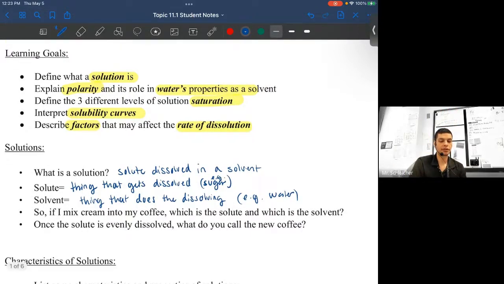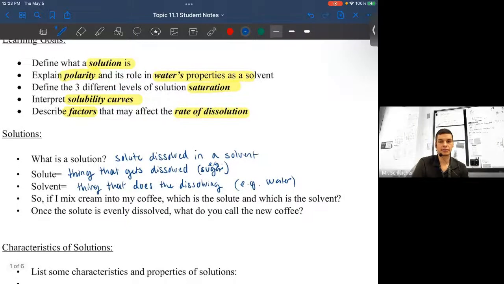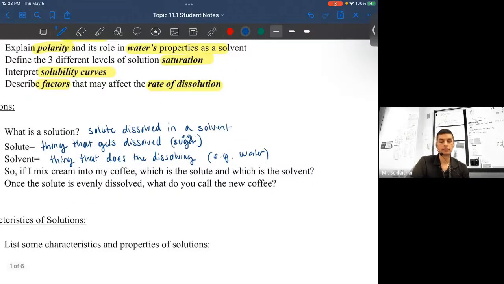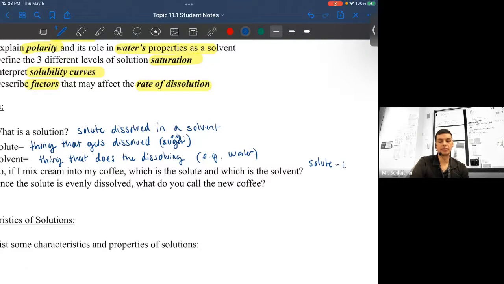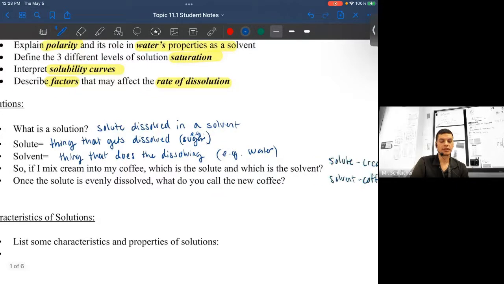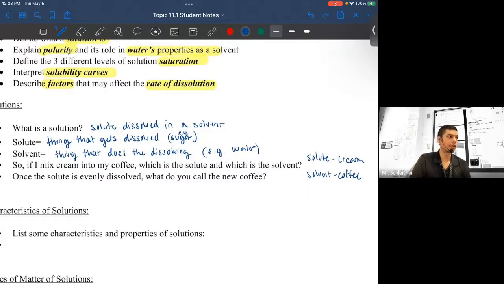So if you mix cream into your coffee, what's the solute and what's the solvent? The solute should be the cream, and the solvent should be the coffee, exactly. Okay, so once the solute is evenly dissolved, what do I call the new coffee? Good. Now, you can call it a solution,